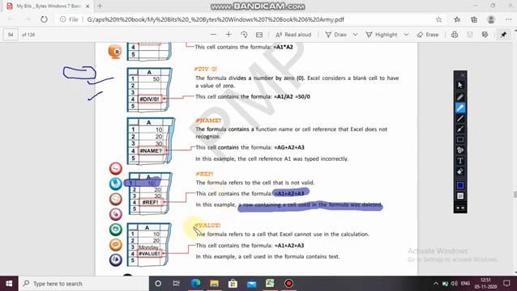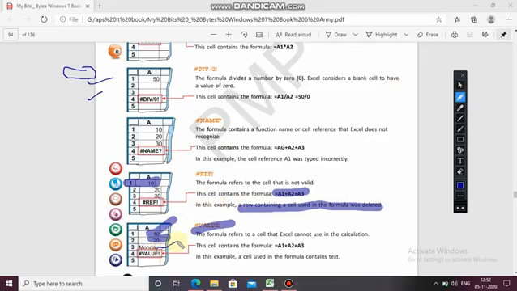Now #VALUE!. The formula refers to a cell that Excel cannot use in the calculation. This contains the formula A1 plus A2 plus A3. Here simple, it is given 10 and 20. Okay, and next one here it is written Monday.